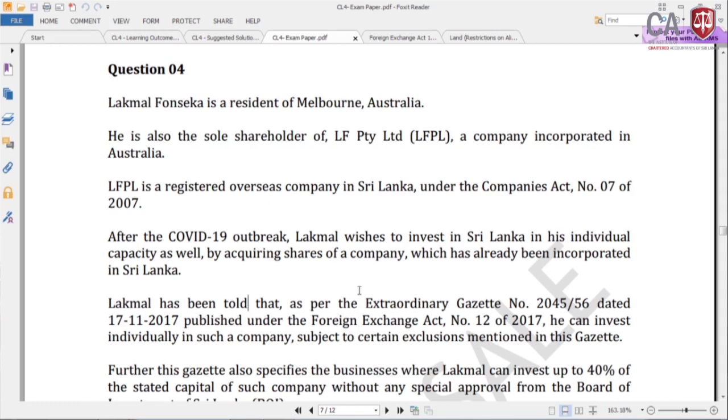Lakmal has been told that as per Extraordinary Gazette 2045/56 dated 17/11/2017, published under the Foreign Exchange Act 12 of 2017, he can invest individually in such a company. Individually, I mean in the sense that he himself by person invest in such a company, subject to certain exclusions mentioned